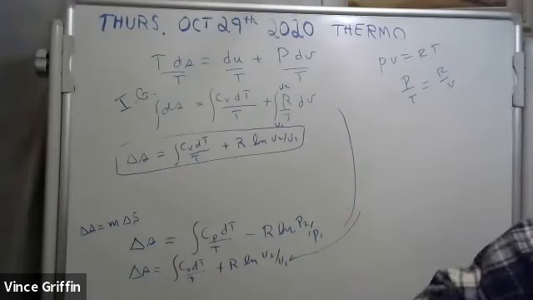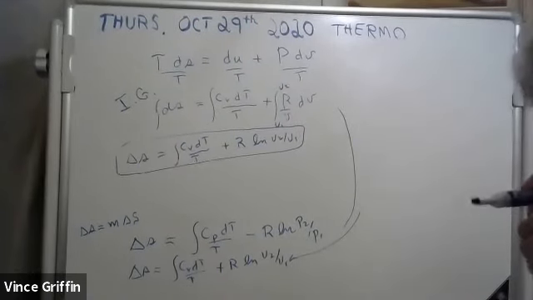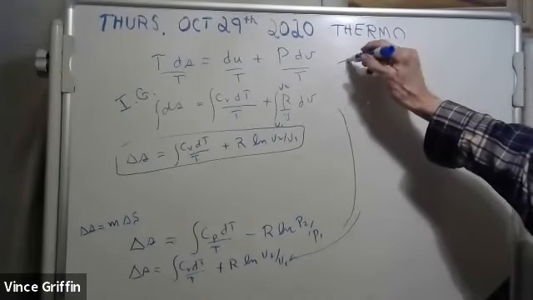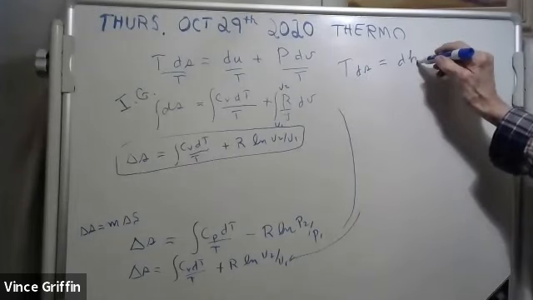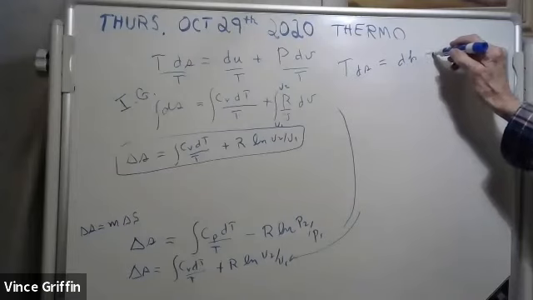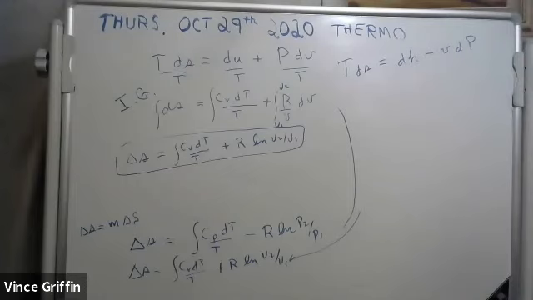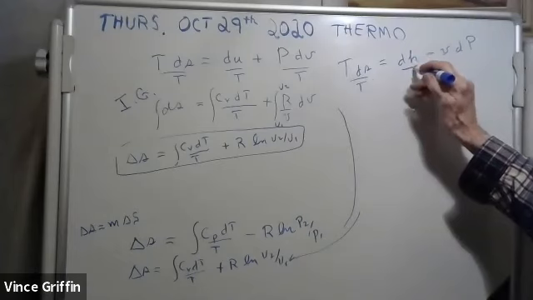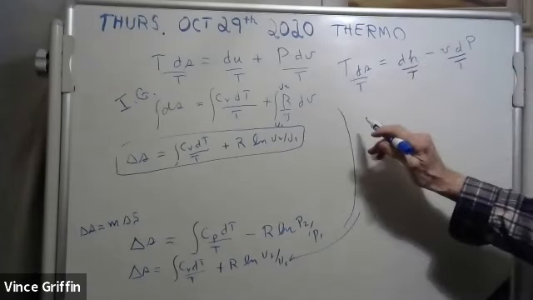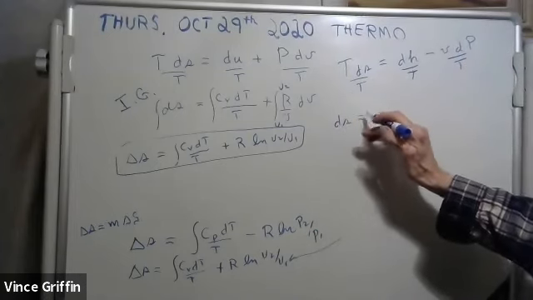Now the other one. Let's do the other one. Here goes. It goes like this. TdS is equal to dH minus VdP. I think I had that on the board just a minute ago. Yeah, that's right. Now what we're going to do is divide that by T. That's legal, guys. We can divide everything by T. Do that with me. And what we'll have is d little s is equal to